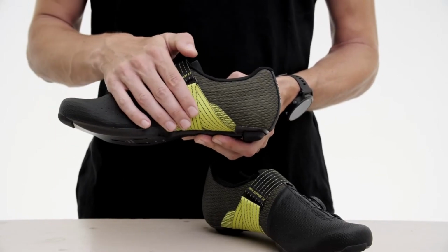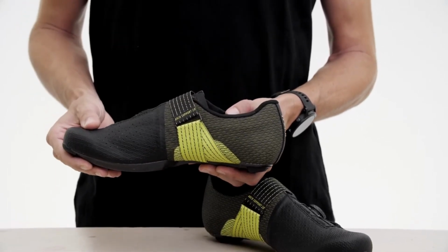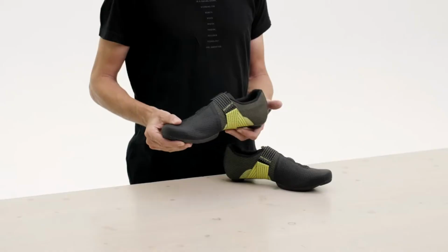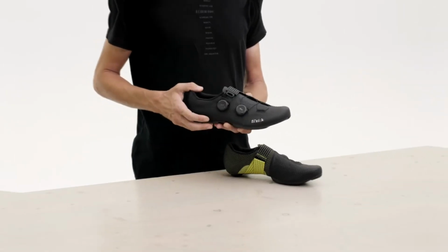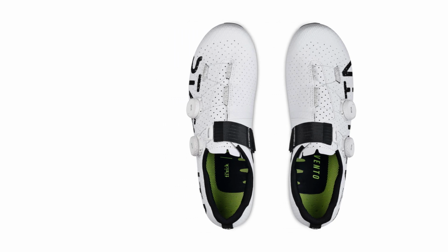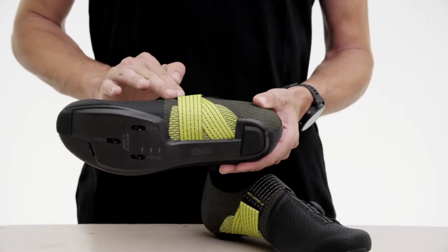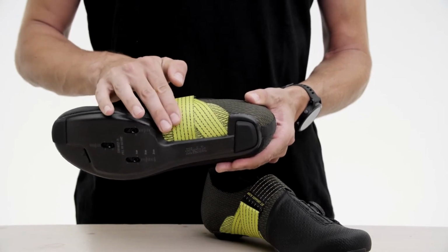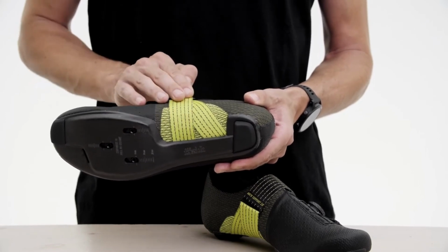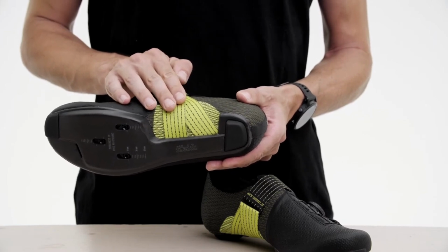Its standout feature is the Dynamic Arch Support 2.0 system, which cradles the foot's arch for a secure, customized fit, paired with a unidirectional carbon sole that delivers excellent stiffness without the excessive rigidity that can fatigue feet over long rides. Weighing about 227 grams per shoe, size 42, it's lightweight enough for competitive efforts,